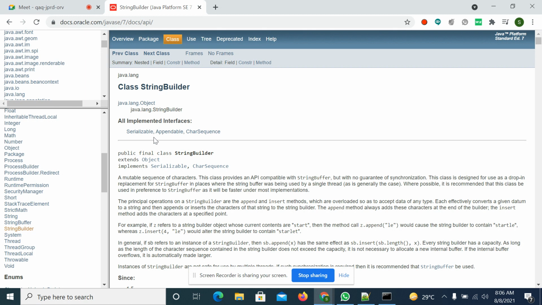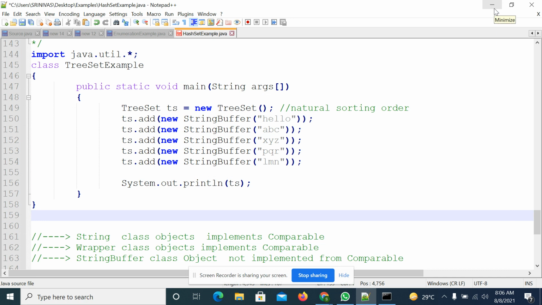When a class implements the Comparable interface, then you can say it is a Comparable type. So the String class and all the wrapper classes are Comparable types. But StringBuffer is not a Comparable type, so you are not supposed to compare the elements while adding.